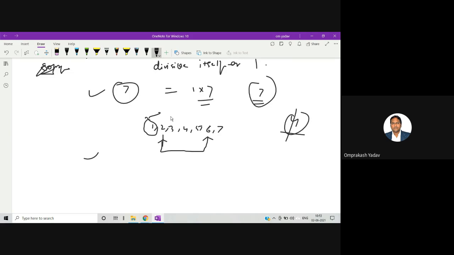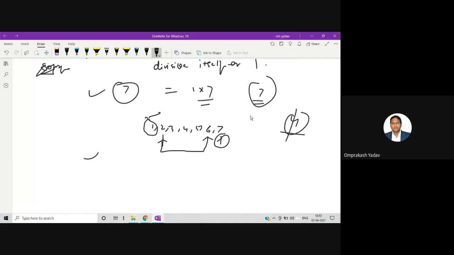We will first divide by 2, then by 3, 4, 5, 6. And if it is not divisible, and we have reached the last number 7, by 7 it will be divisible, right? So if we have come up to the number itself, and before that it's not divisible by any number, then we can say this number is a prime number. So this is the concept.